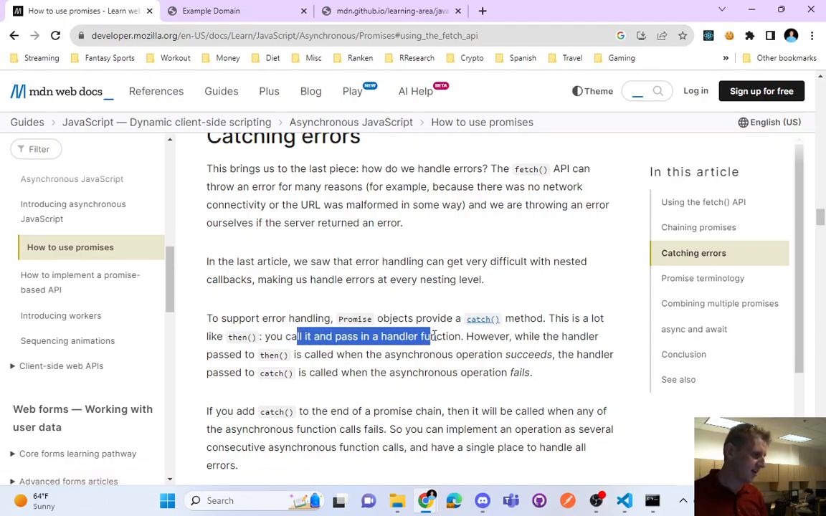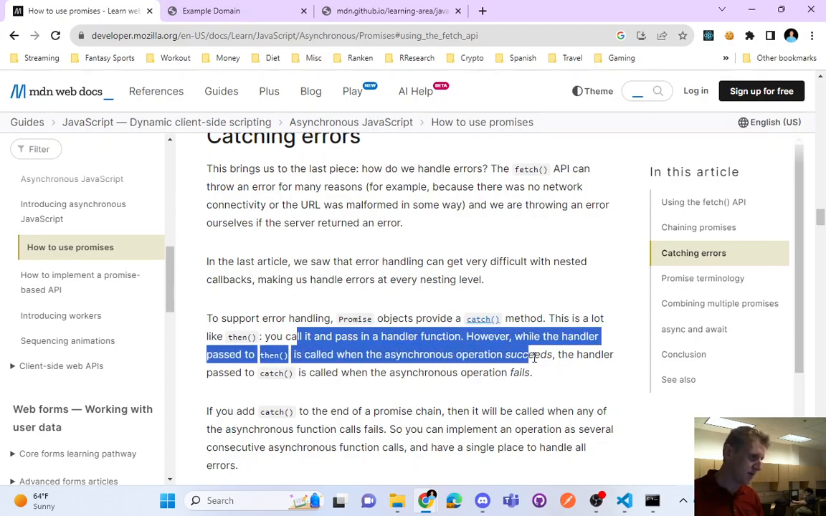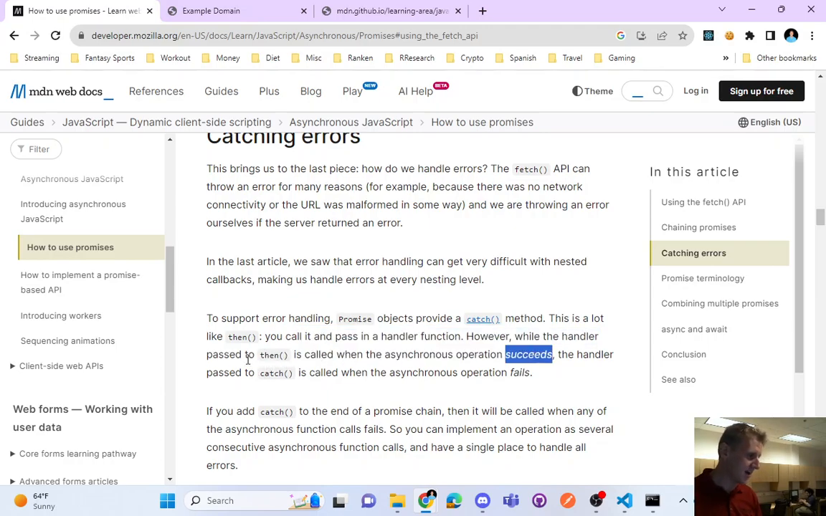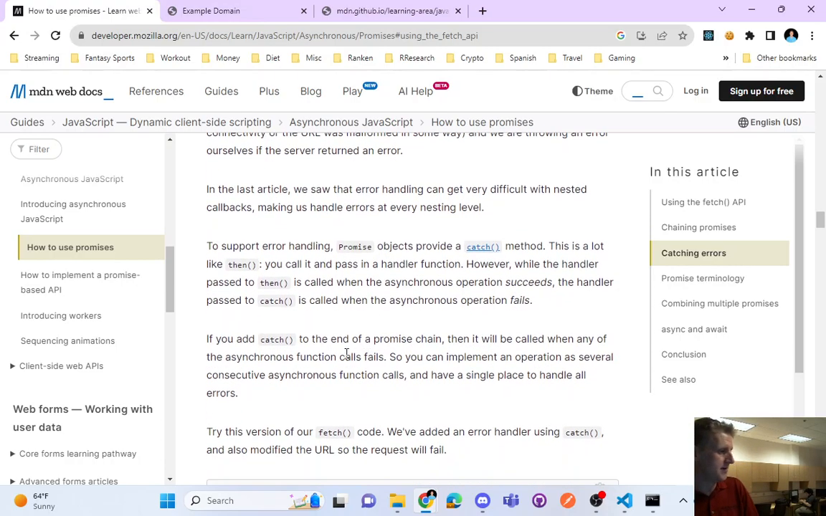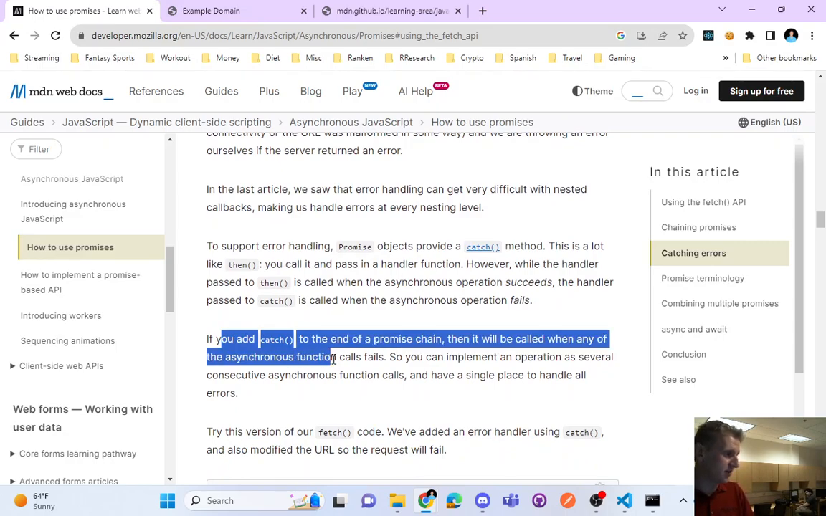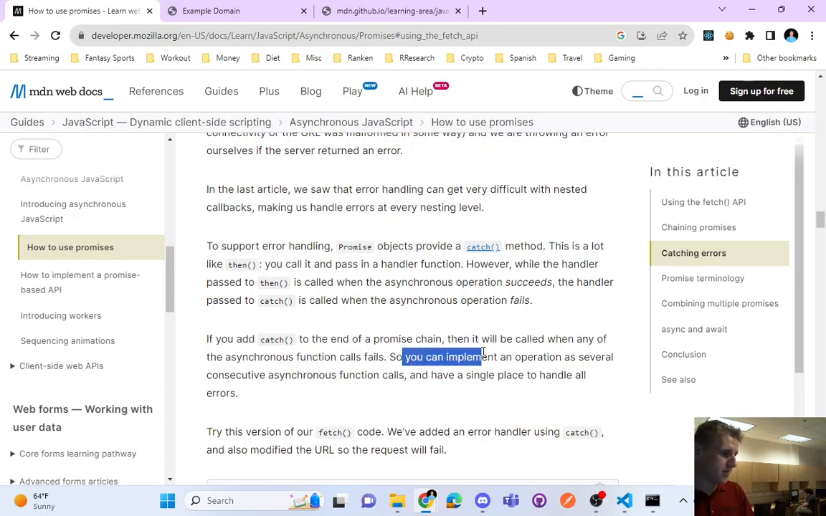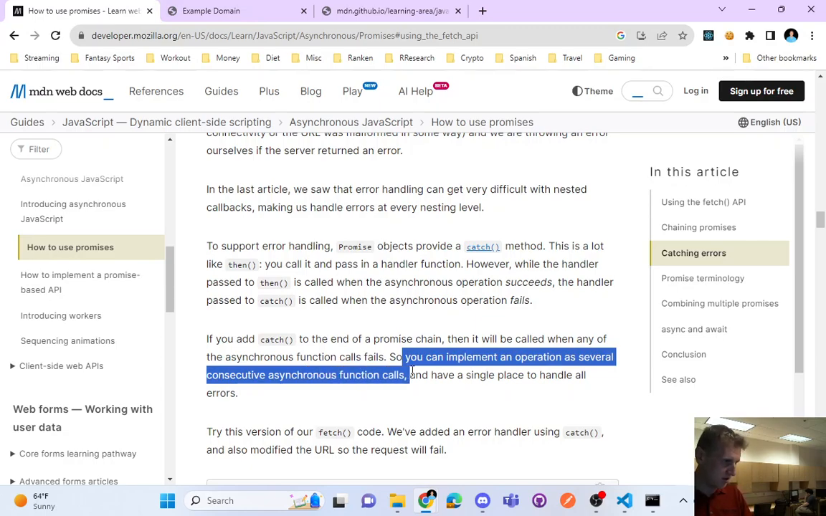And you call it a handler function. However, the handler passed to then is called when it succeeds. The handler passed to the catch is called when it fails. Simple enough. If you add a catch to the end of the promise chain, it will be called when any of the asynchronous functions fail. So you can implement an operation as several consecutive asynchronous function calls and have a single place to handle all